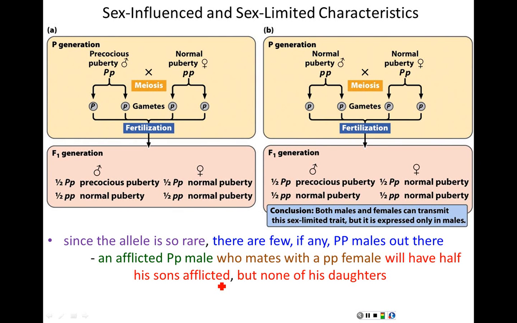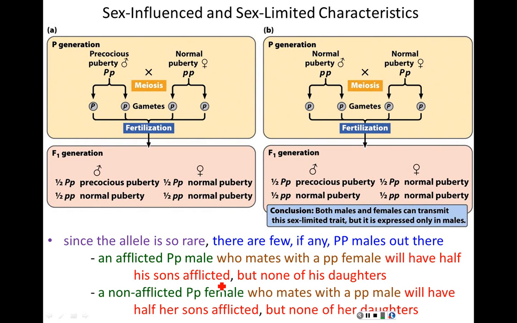When we do this mating, half of the kids are going to be heterozygotic and half are going to be homozygotic recessive. But this is a sex-limited trait. So half the sons will show the condition because they got the dominant allele from their father. Half the sons will not show the condition because they're homozygotic recessive. None of the daughters are going to show precocious puberty. You have homozygotic recessive daughters, but even the heterozygotic daughters with the dominant allele will not show precocious puberty because this is sex-limited, and the penetrance in females is 0.